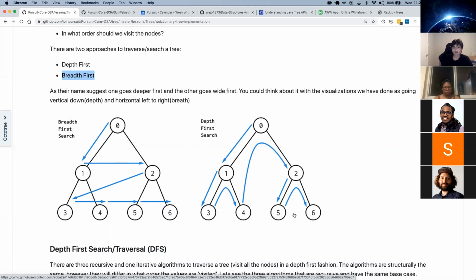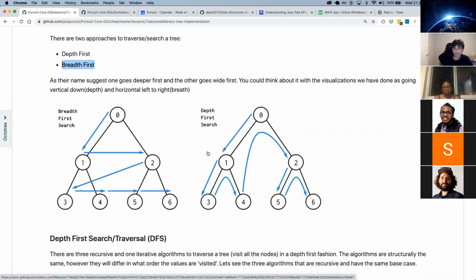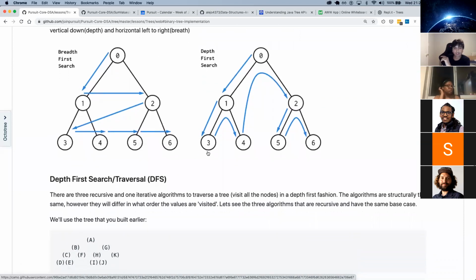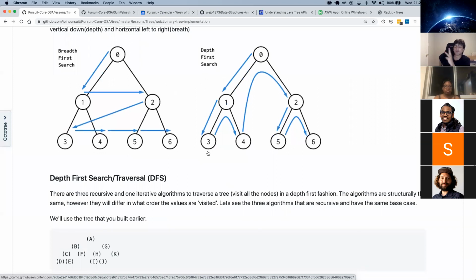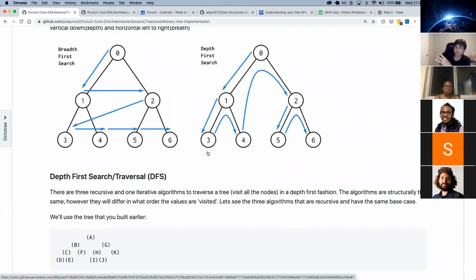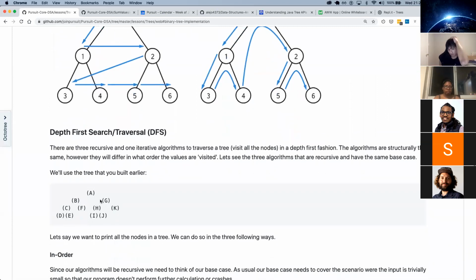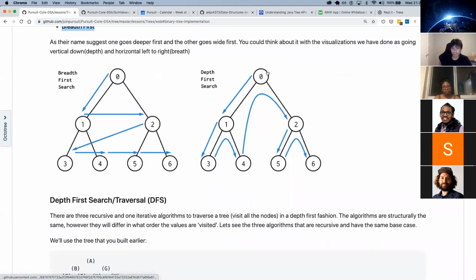Now, the other approach is depth first search, where you go down into the tree to the leaves first, and then go back up. Depth first search has three kinds: pre-order, in-order, and post-order, sometimes also known as prefix, infix, suffix, that you might find in the wild.